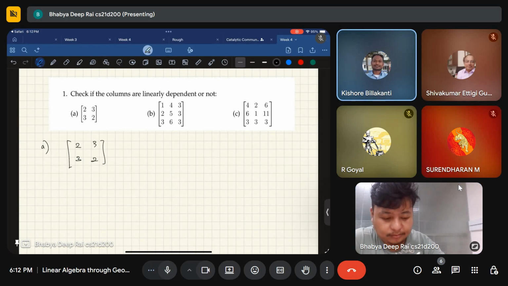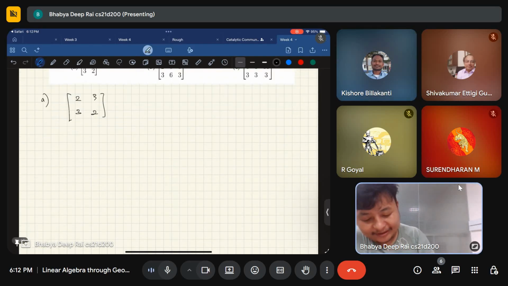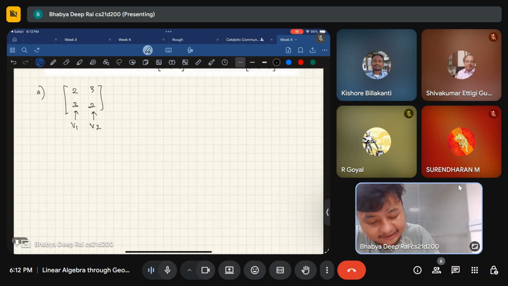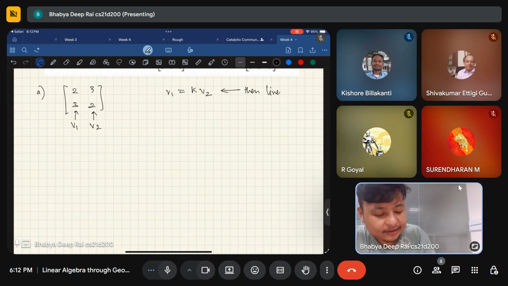This is in 2D. So is it in 2D? Yeah, this is in 2D. So you consider this to be a collection of two vectors. This is v1, this is v2. And if it so happens that v1 can be written as a multiple of v2, then linearly dependent, otherwise independent. So now the question is, can you write 2, 3